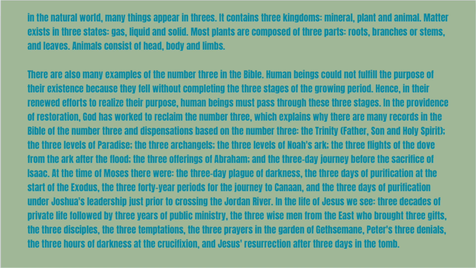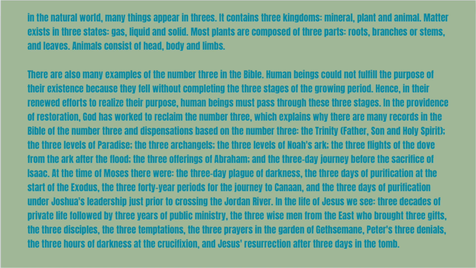Animals consist of head, body, and limbs. There are also many examples of the number 3 in the Bible. Human beings could not fulfill the purpose of their existence because they fell without completing the 3 stages of the growing period. Hence, in their renewed efforts to realize their purpose, human beings must pass through these 3 stages. In the providence of restoration, God has worked to reclaim the number 3, which explains why there are many records in the Bible of the number 3 and dispensations based on the number 3,